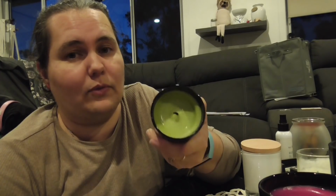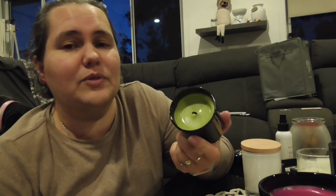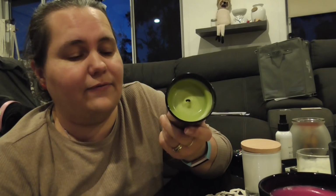So I'm going to power burn that one tomorrow, which I said is really naughty, but I'm going to put it on first thing in the morning, and I'm going to burn it all day just to try and get rid of all the wax that is in there. And then I will remake it and retest it with the 104, because it actually does burn really nicely with the 104. The flame's really quite pretty to watch, but all that leftover residue is just not what I need